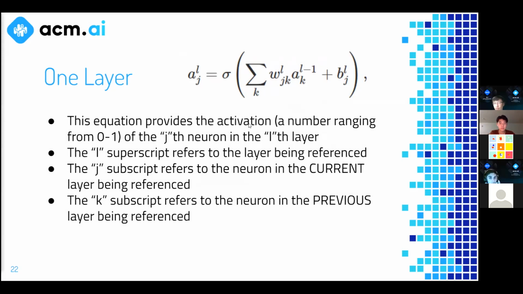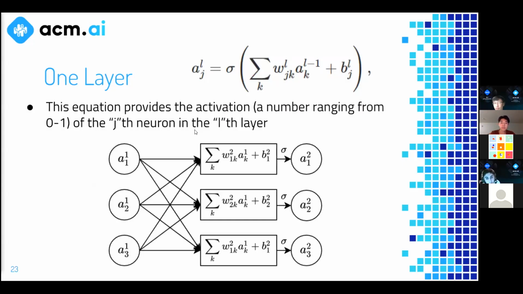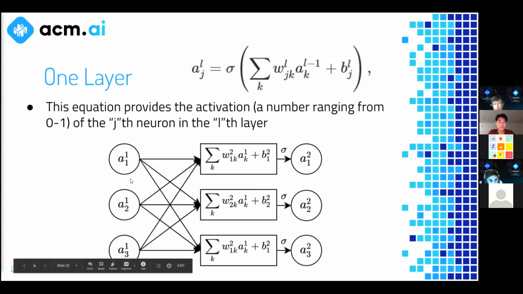Okay, awesome. Great. This is just another visual to show you guys what's going on. Here we have 3 neurons in the previous layer and 3 neurons in this layer. If we want to compute the activation of this neuron at the top in the second layer, we take this arrow, and this arrow. You see those 3 arrows, you can trace them back, and they each go to one of these neurons. Then you compute this sum across all of these 3 arrows, and then you apply that bias at the end. And this little sigmoid here is saying you apply the sigmoid to whatever you got there. And that gives you the activation.